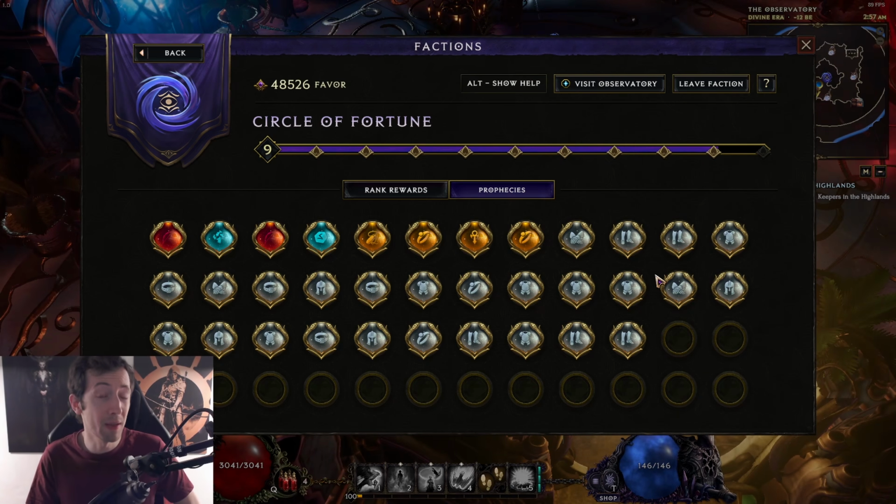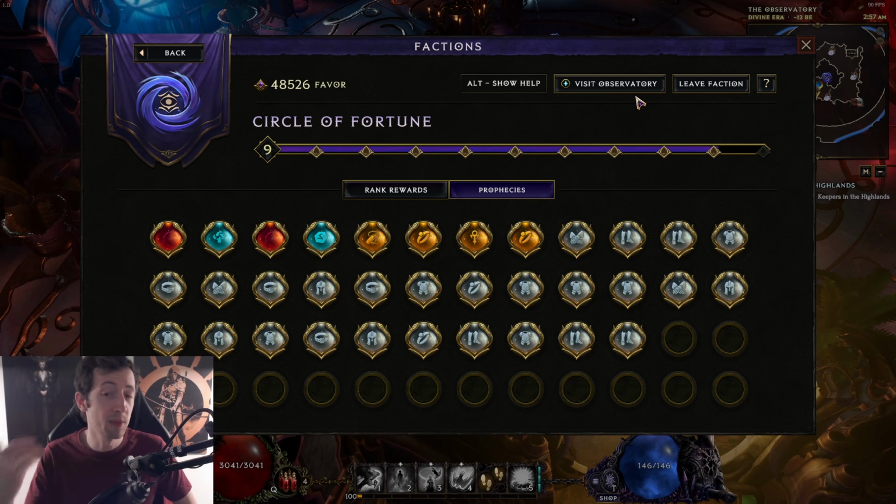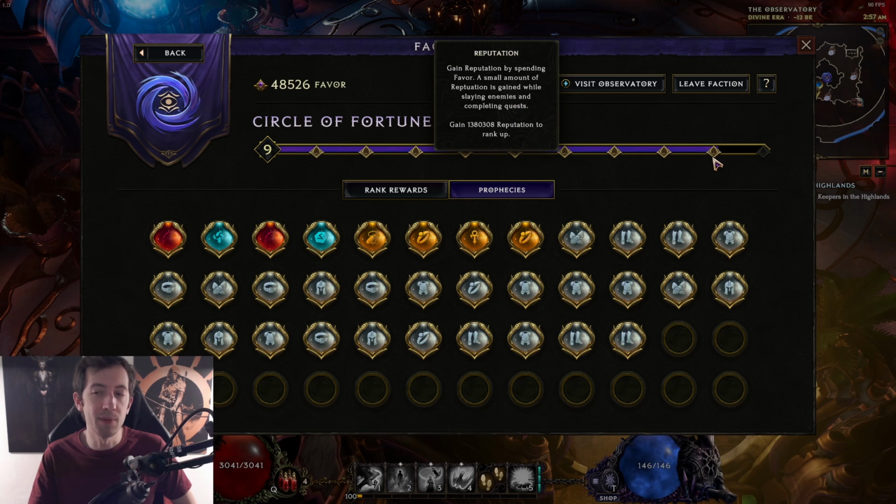And now let's talk about ranking up your faction in general anyway. So we have the favor here, and basically the way this works is that as you play the game, you acquire favor, and you also slowly level up your faction by default, by defeating enemies. But you also rank up your faction faster if you spend that favor. So what I did is that, for example, after maybe 1 or 2 monolith timeline completions, basically every 20, 30 runs or something,